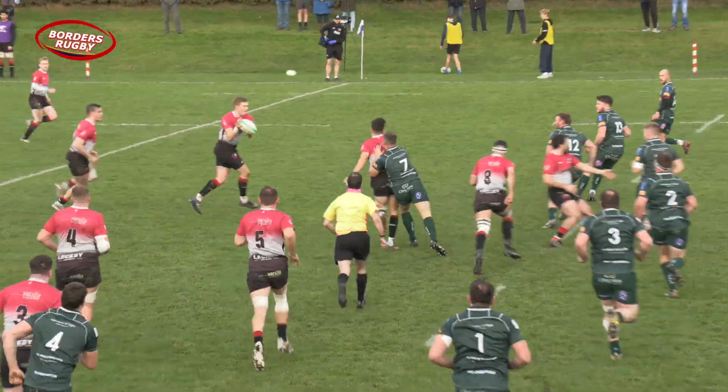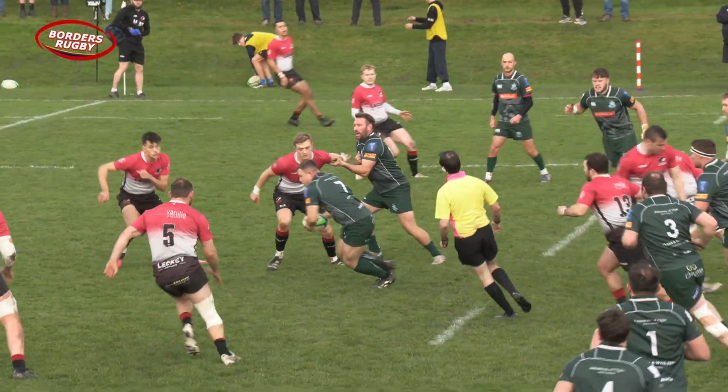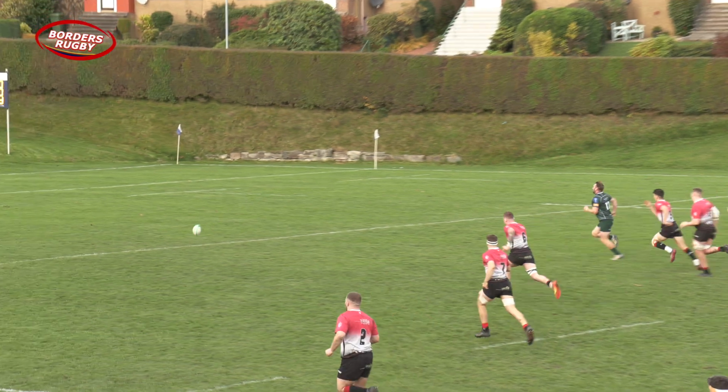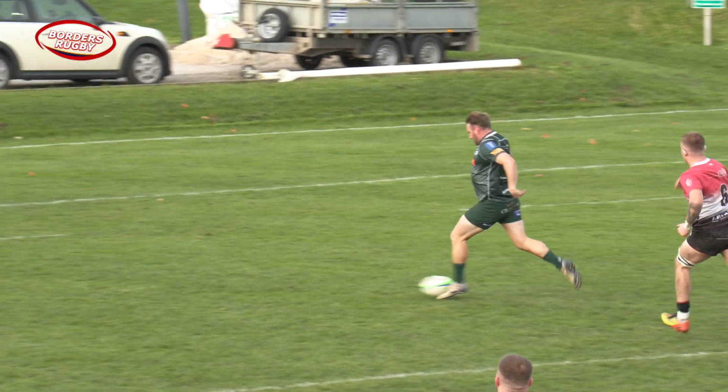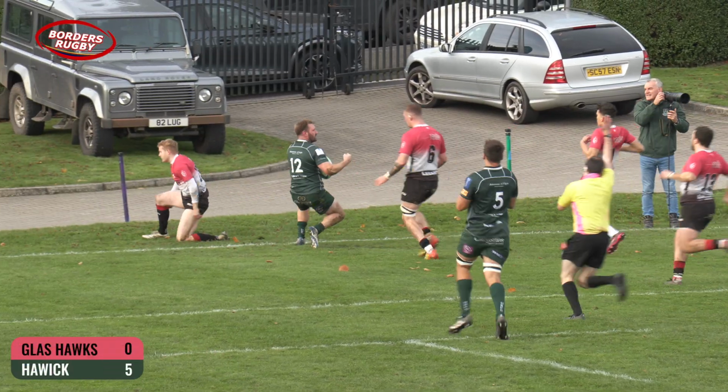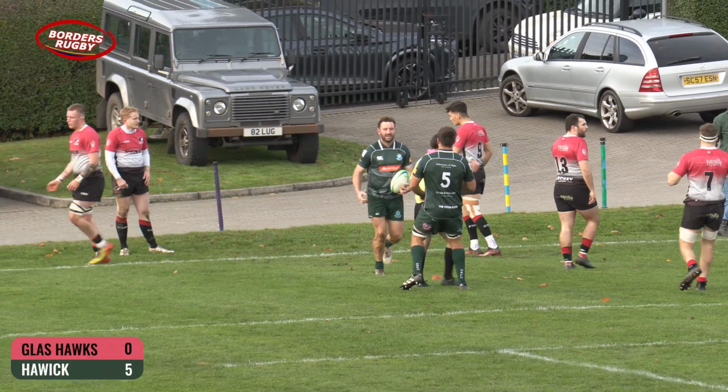And so here come Hawks, another meaningful attack. They went for the wraparound though, and it's been taken in by Sutherland to Hawick, and Sutherland's put boot to ball, and there's a foot race on here, and it's going to be Lee Armstrong who's leading the charge at the moment. Armstrong's hacked it over the line, and Armstrong drops on it for the first try of the afternoon,